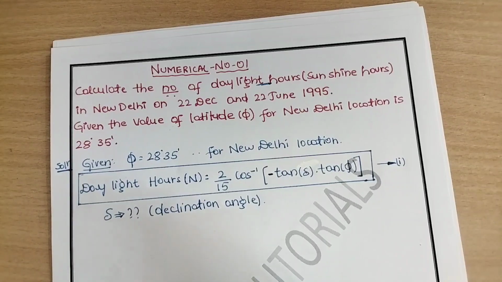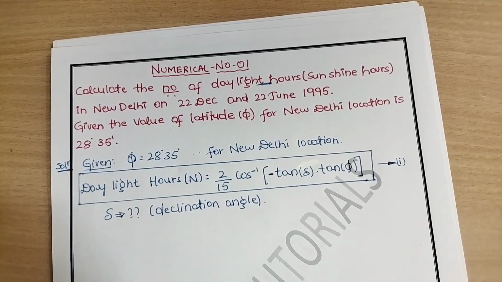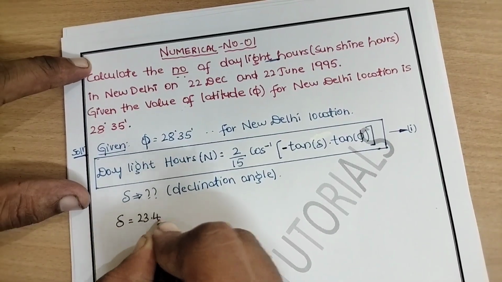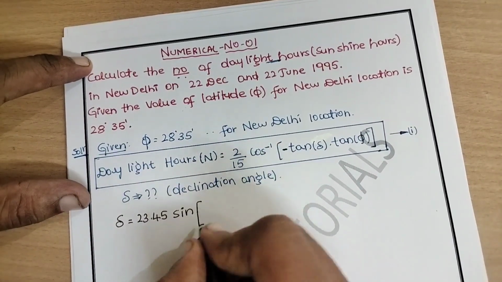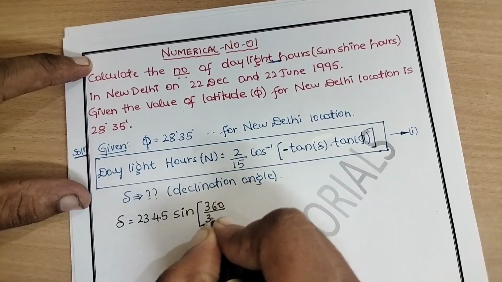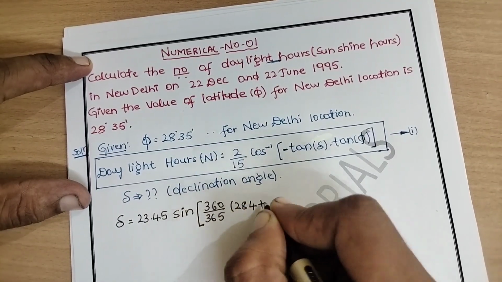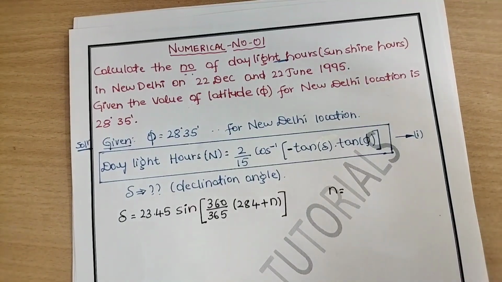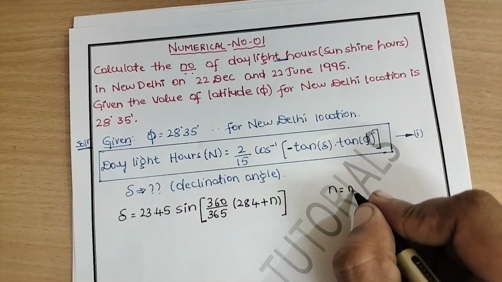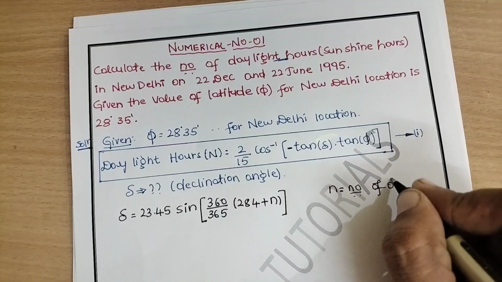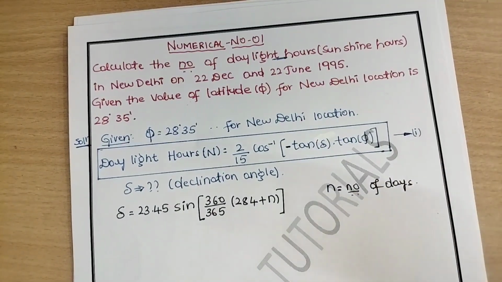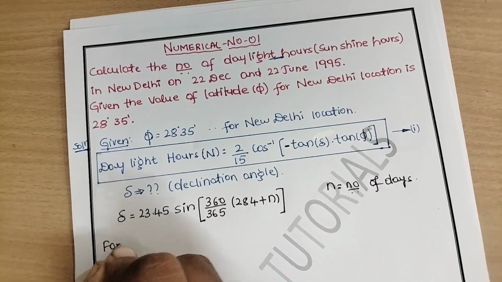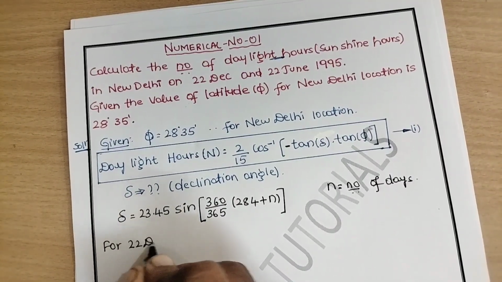So once again there is a separate set of equation to find the value of declination angle. So that is given as n is equal to, very important, that is what we want to calculate now. So n is called as number of days. So number of days from when to when. So let us go with the first case. So for 22nd December